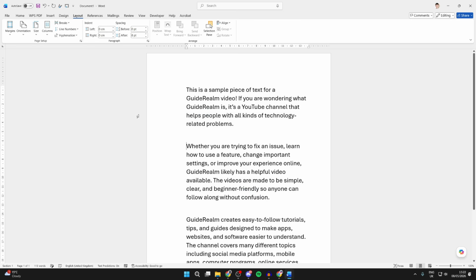And as you can see, we've now moved it much further in. You could decrease it if you want to make them smaller. Now, what you need to do, now for the page border